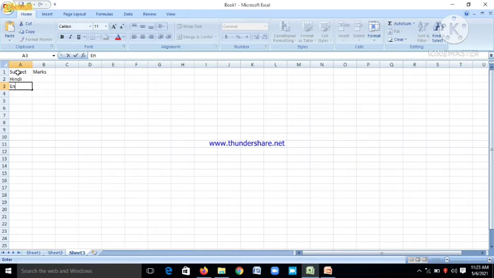Hindi, English, math, science, Punjabi, computer, SST. Okay, so here we write the marks which you have obtained in Hindi.